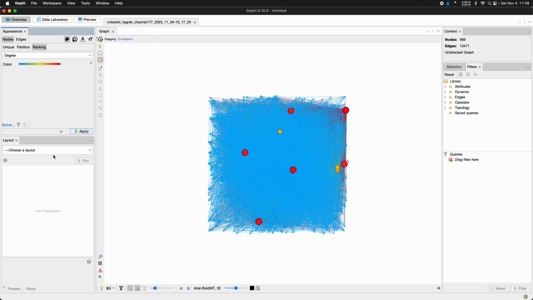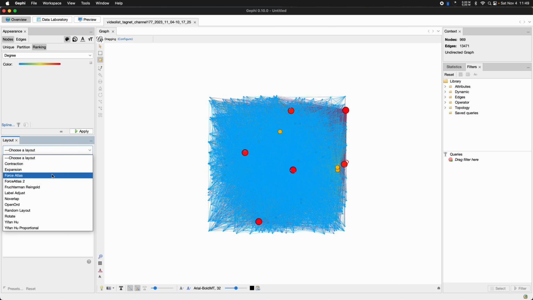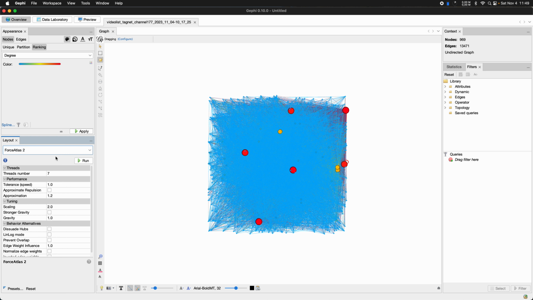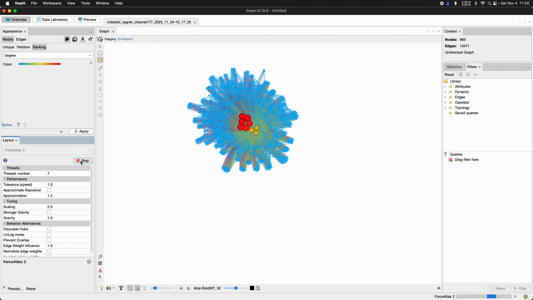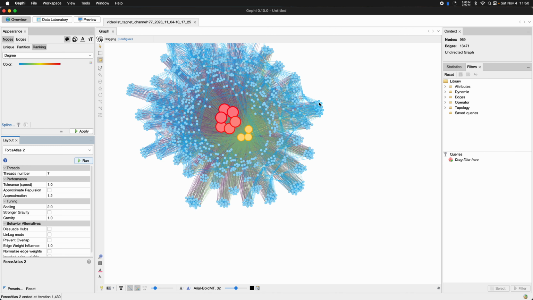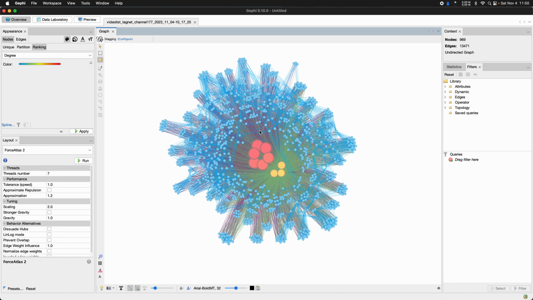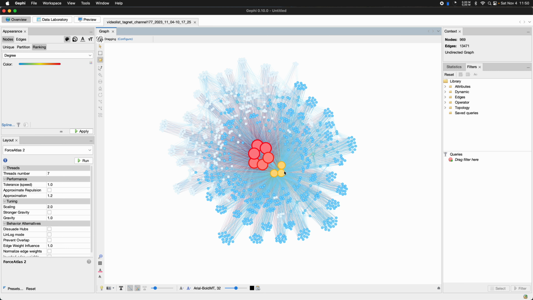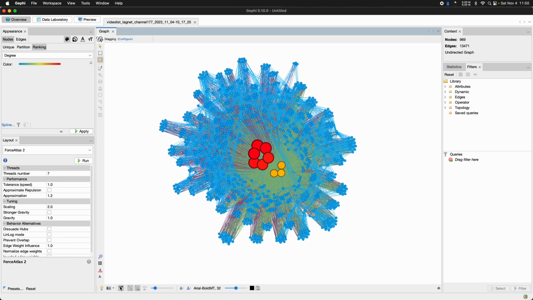Okay, let's lay this out a little bit. I'm going here in the layout panel, selecting Force Atlas 2, the most common layout algorithm in Gephi, and I'm going to run it. And let's see, you can see some stuff. You can see these kind of topic clusters that I've told you about before, and then really here in the middle,